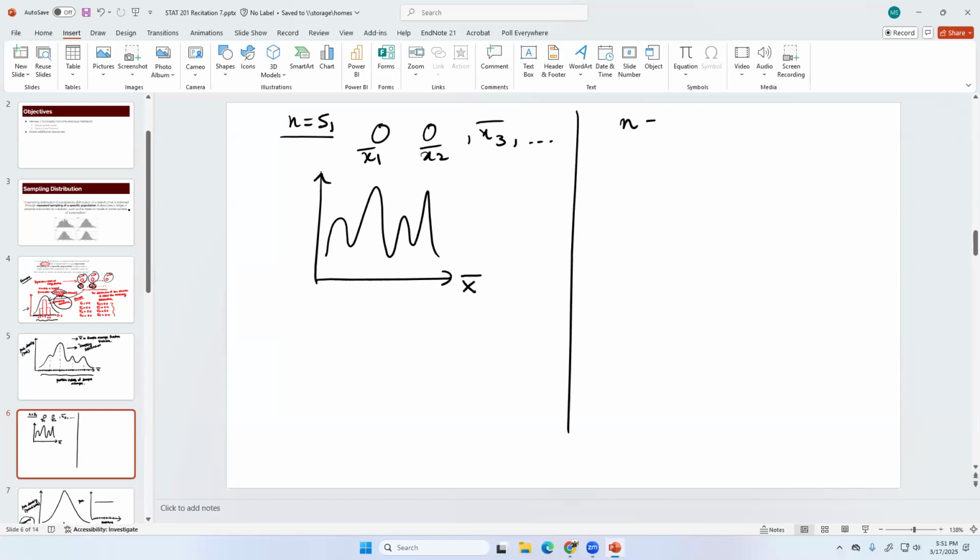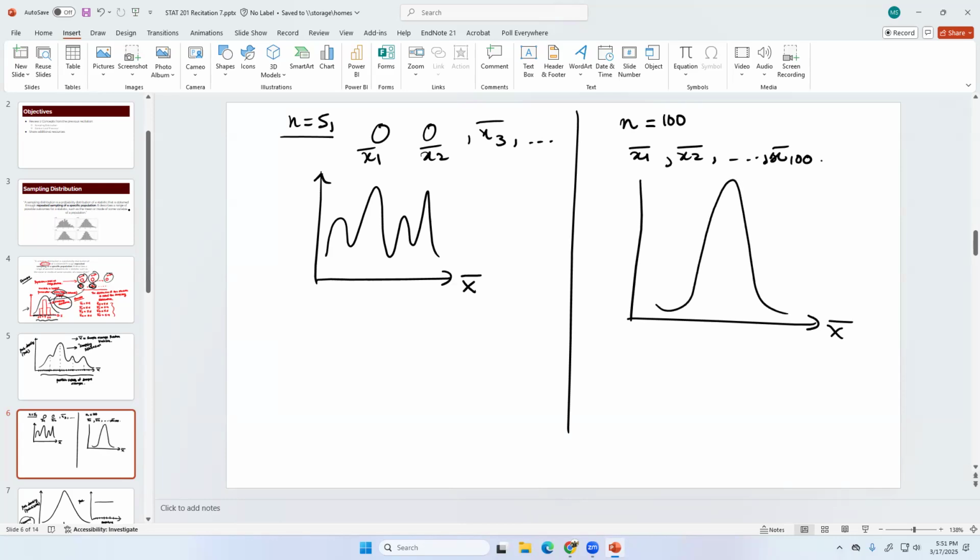But as n increases, and you take a bunch of samples, now the sampling distribution will be normal. It won't have any other shape than a normal distribution, where the center is the same as the population mean, and the standard deviation is sigma over square root of n. So x bar follows a normal distribution with mean mu and. Does this make sense? Yeah.